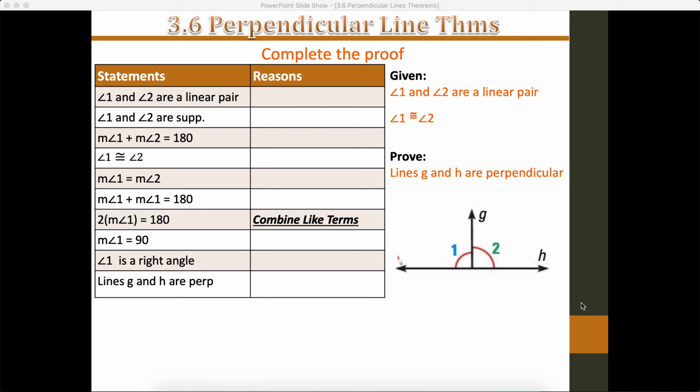Hello folks, it's time for another Murphy video, this time on section 3.6, perpendicular line theorems. There's really two halves to this section that are kind of different but with some overlapping ideas between them. The first one just deals with seemingly random perpendicular line theorems that are used mainly for some computations, and then